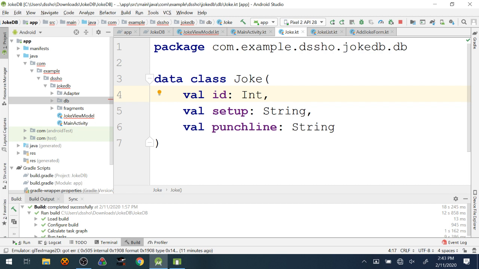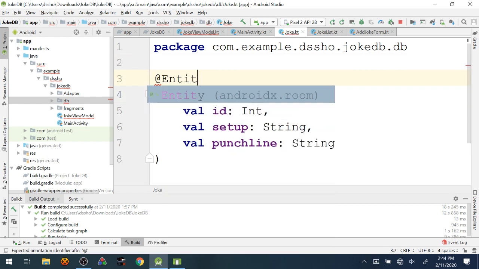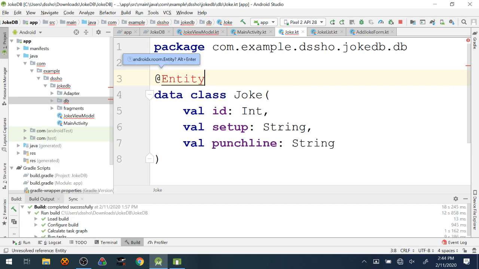If I want to do more complicated things, I can, and we'll talk about how to do that a little bit later on. But perhaps the most important part of setting up something to work with a database is annotating your model. We have to annotate the model. The first thing that we're going to do to annotate this model is slap an entity annotation up here. This is telling Room, quite literally, that this is the class that I want to use as the basis of a table in my database.